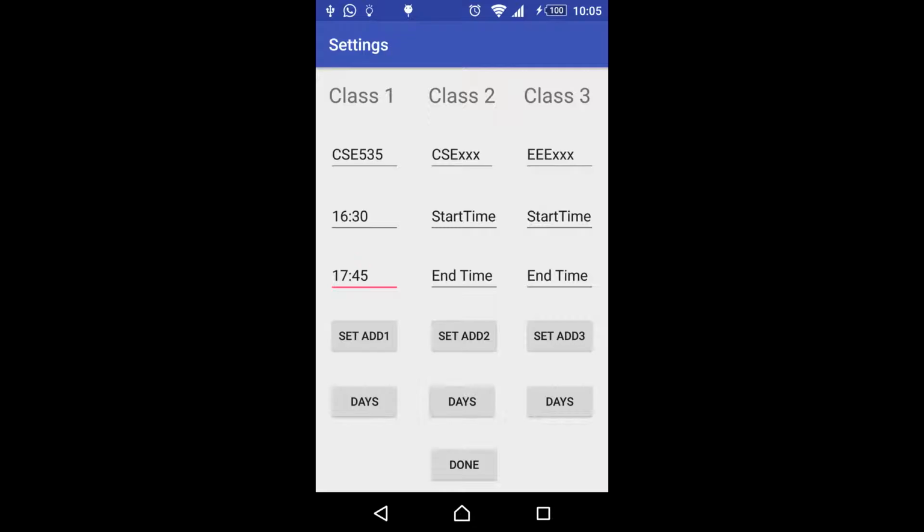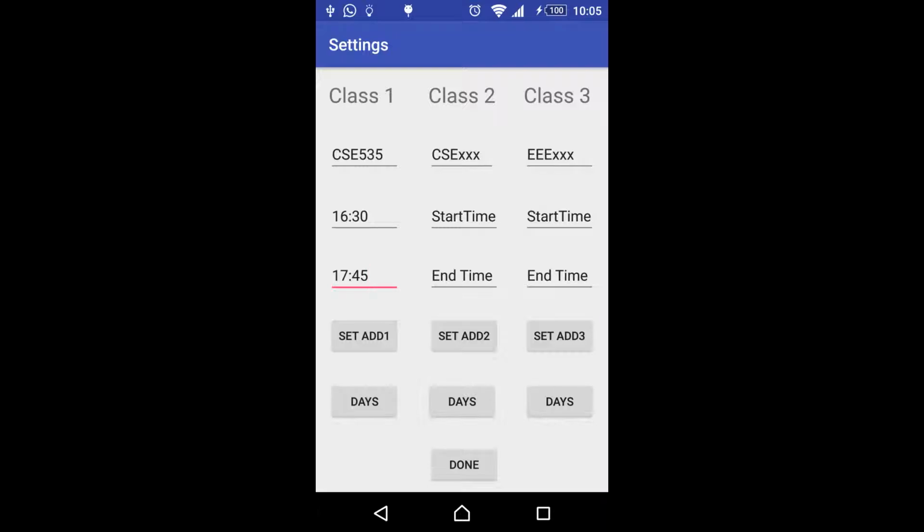Hi, I'm Gautam Sadarangani and I'm going to talk about some more features about the student mobile app. The screens up till now will be only seen the first time the app is launched, and the next time the app is launched you are directly directed to the home screen. In this screen we take the student class code, for example CSE 535. We enter the start and end timings, which will be military timings, and we'll also set the location of the class.